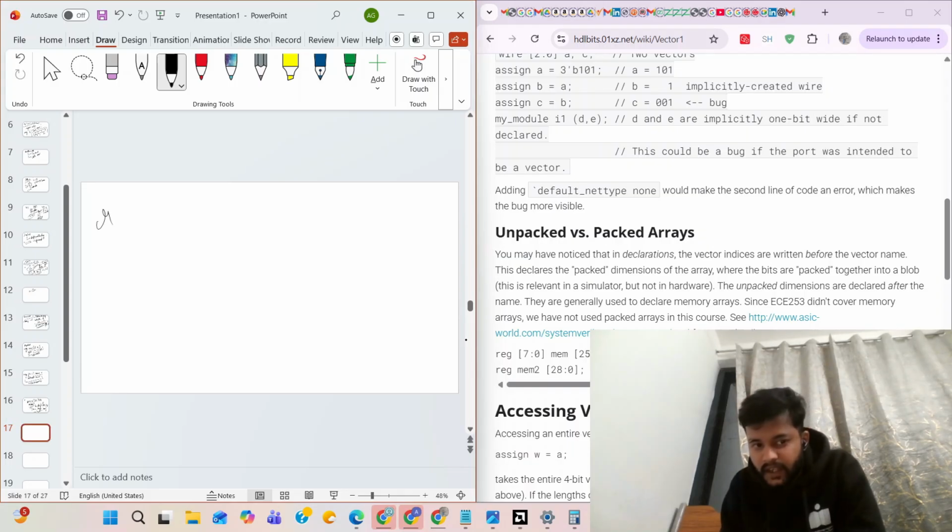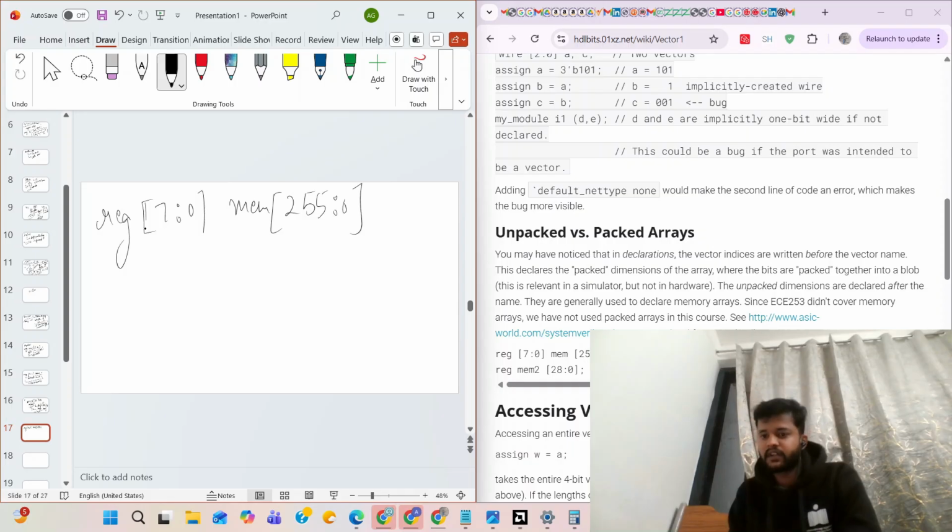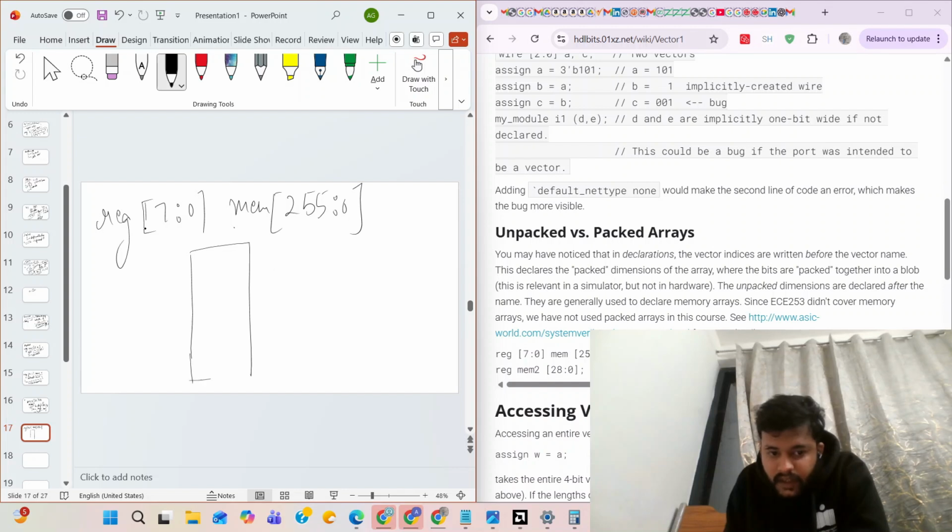I'll tell you one example also. You'll understand much more. It's a good example. They have written it like this: 255 to 0, with 256 locations. Now what is this? This one I told you, this LSB, this MSB.